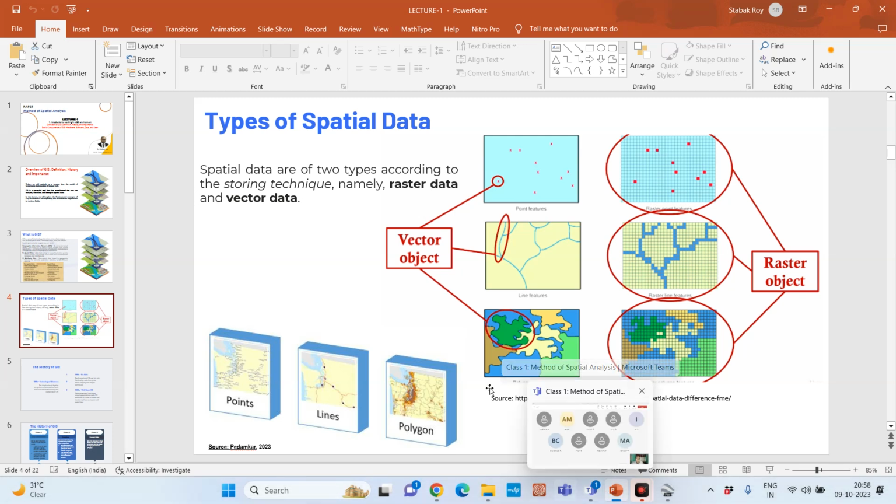Not only that, also when you give a presentation and prepare projects, you need to know the practical thing, because when we talk about the method of spatial analysis, that means you need to apply it. Until and unless you apply it, there will be no value. So you need to know it in a practical way. So let me give some